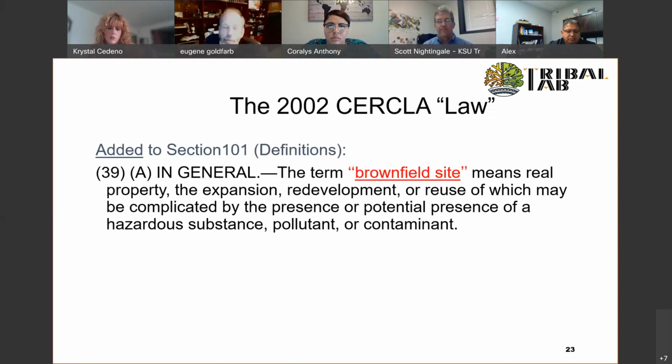Yeah, and the program provides a lot of technical assistance. It does provide some grants, but what we found outside of Indian country is that the only way these properties get turned around is if you get lots of other stakeholders involved. And maybe Scott will talk about that more, but I think Indian country has been slow with that.